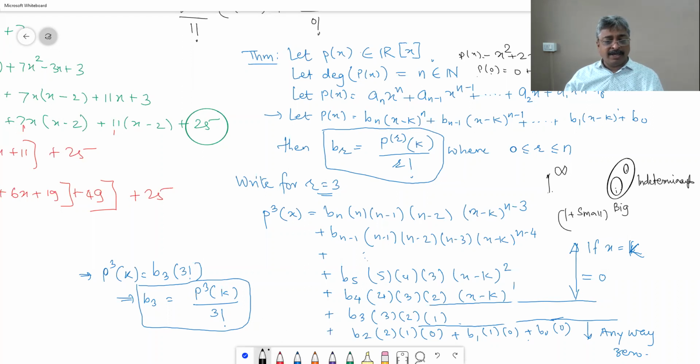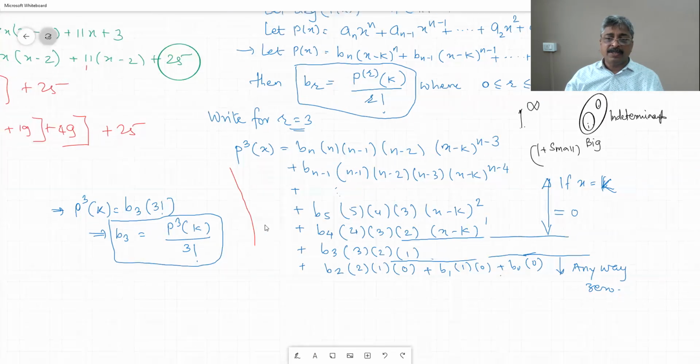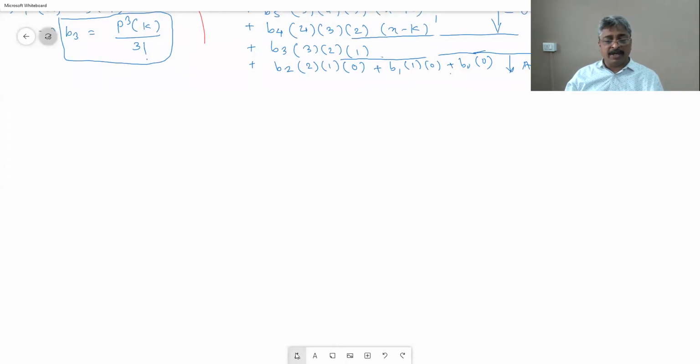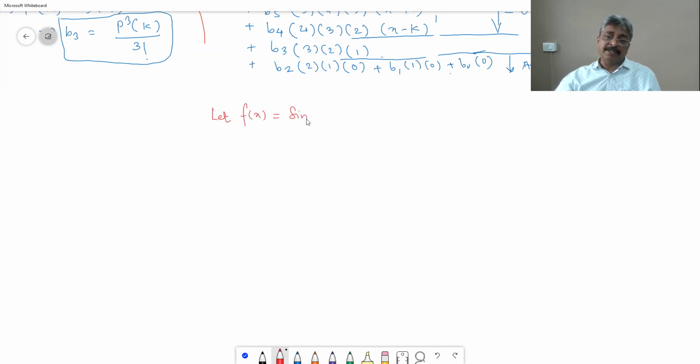Now, our great mathematicians, what they have done after this point is, they tried to write down something similar for functions. Say, for example, let f of x is equal to sine x. Now sine x, the one who has learned trigonometry understands what is the meaning of sine x, what is the meaning of sine 120, what is the meaning of sine 100.